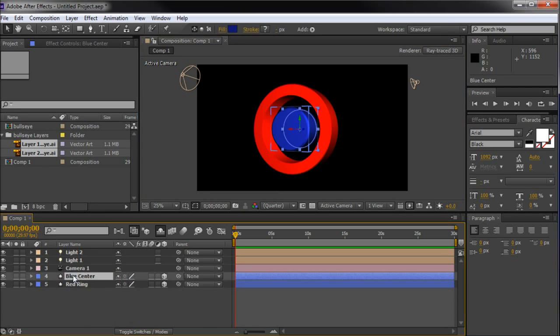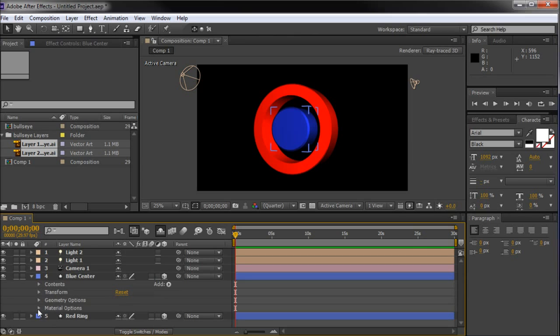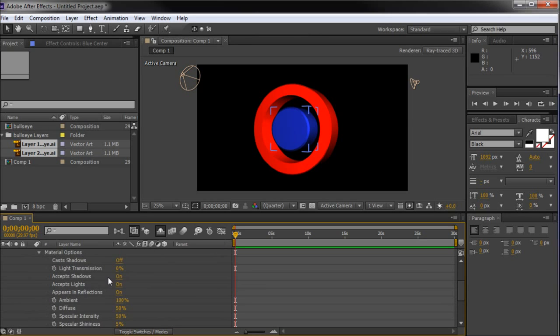So we can take our blue center, open it up. I'm going to close up the transform, and we're going to look for material options. And now we can take and see cast shadows. We can basically turn that on so that it will cast shadows on the inside there if we want that. Can turn it back off. In order to not have that, you can turn on accepts lights, accept shadows, things like that, in order to really play around with how that center object is going to look,